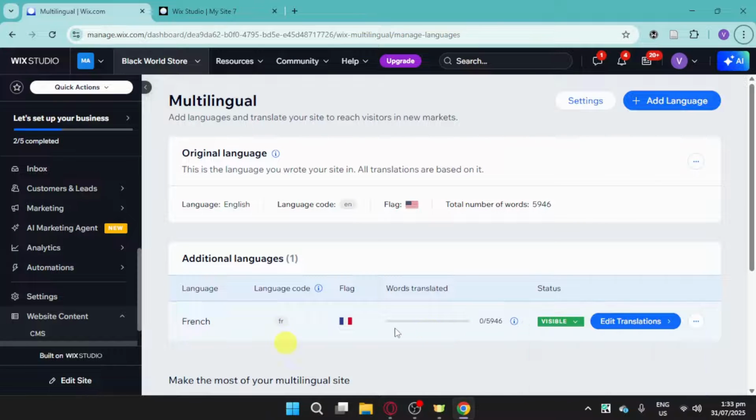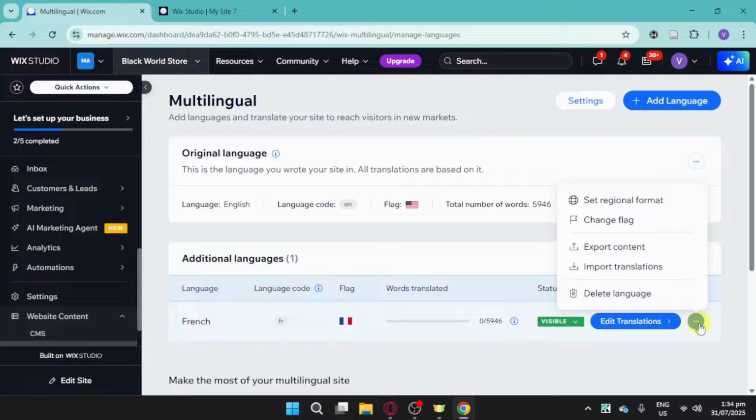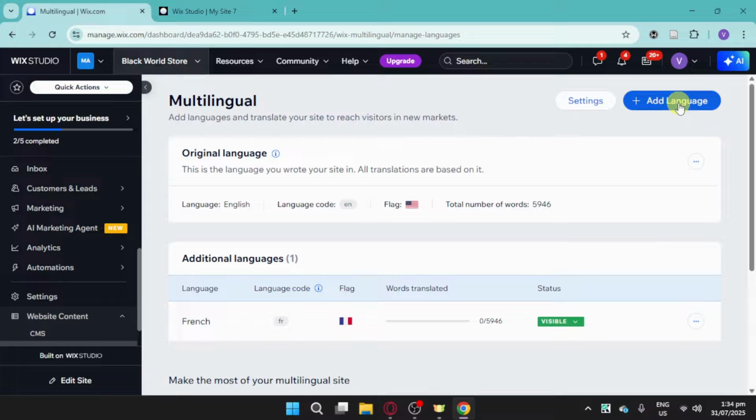So here's my other language that I have. I currently have English. I also have French. Now you can add a language or change it into that. Our original is right here, but if you want to make it French, you can click onto these three dots. You can delete this language or change it from there, or you can also add another language if you would